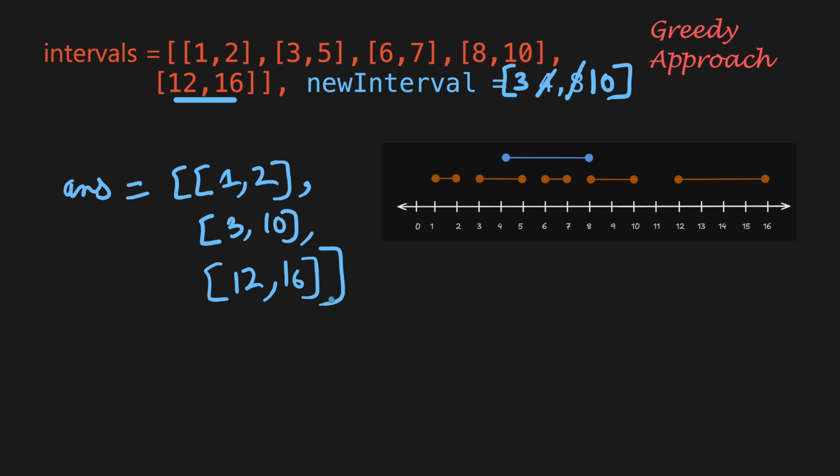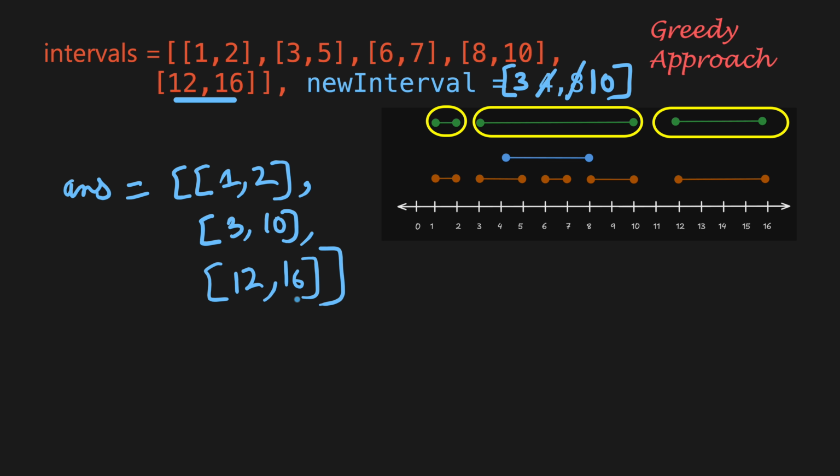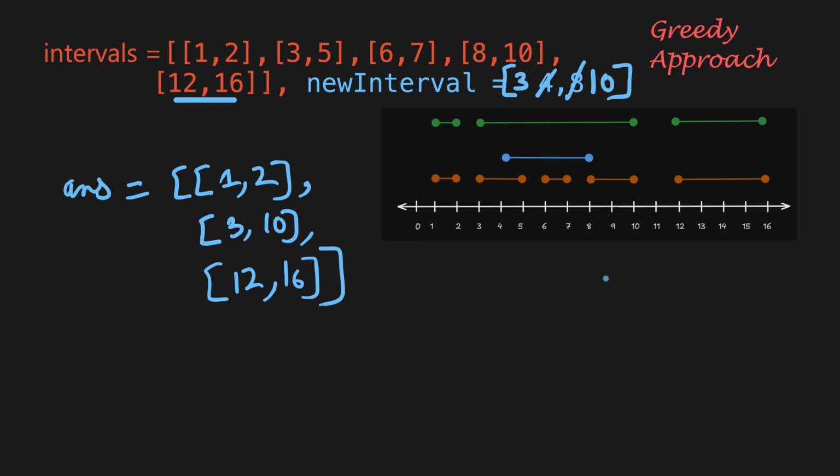If there were other intervals after this, they would also be case 2, and we would have simply added them to the list as well. So our final answer is complete, which we can now return. Now the time complexity of this approach is O of n, because this approach processes each interval exactly once, and the space complexity will be O of n as well to